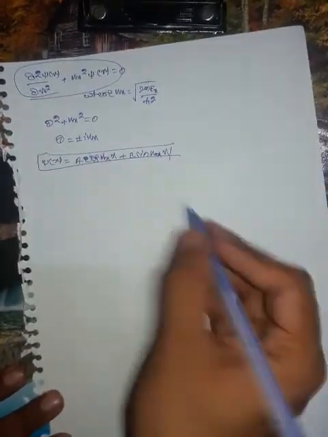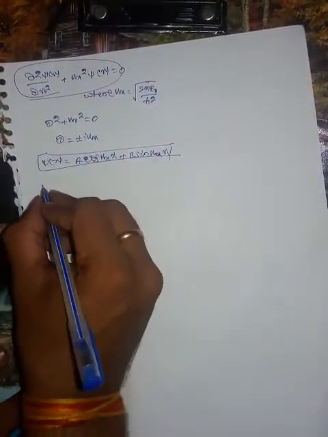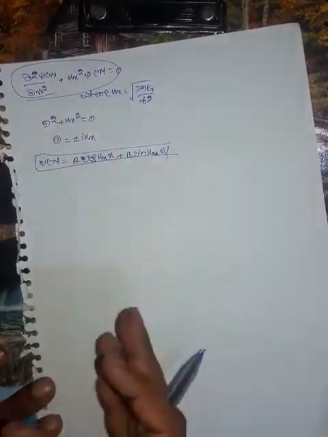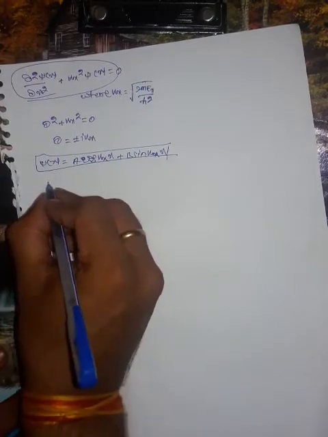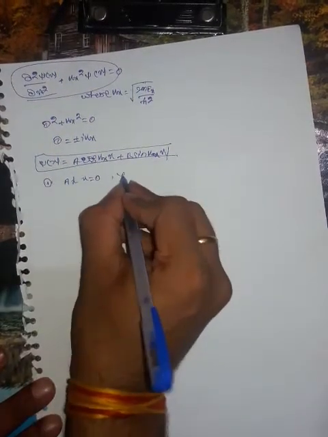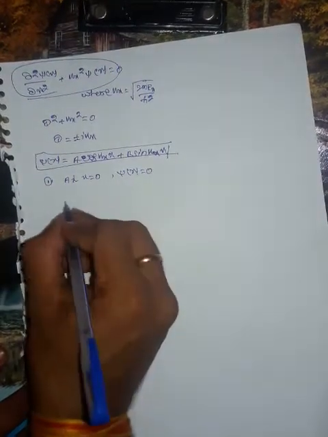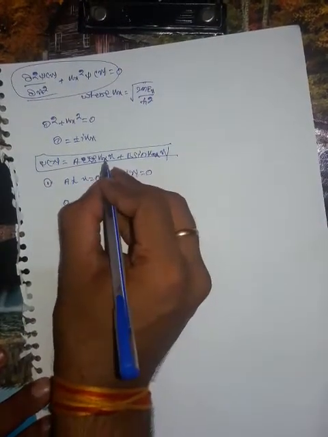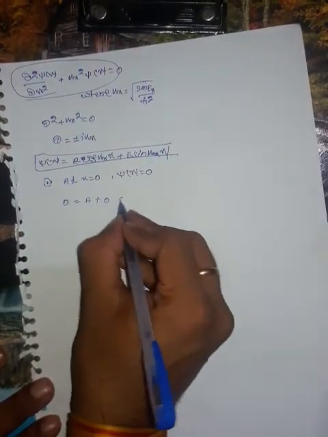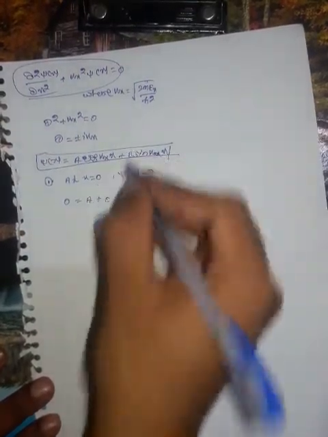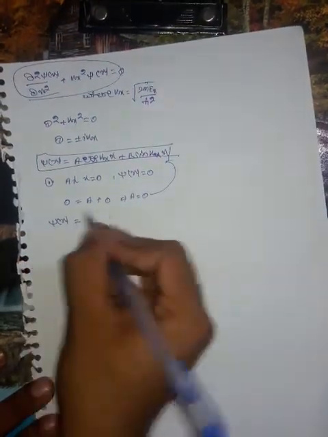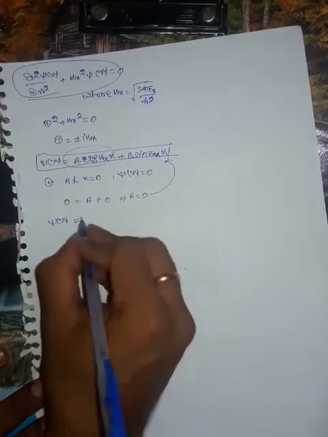But again, we apply the boundary condition in that equation. We know at the boundary, that is at the wall, the function vanishes. So the first boundary condition is at x is equal to 0, psi of x is equal to 0. That's why 0 is equal to A cos 0, which is 1, plus B sin 0, which is 0. So that implies A is equal to 0. Putting that value in the above equation, psi of x becomes B sin kx x.